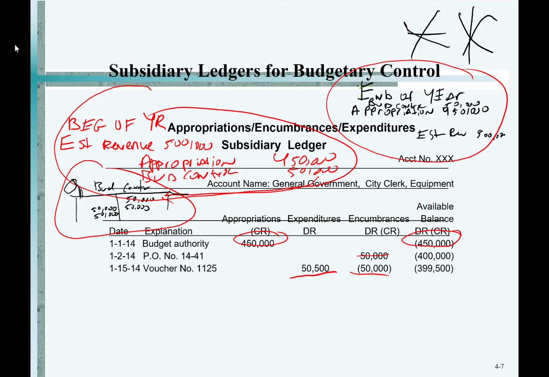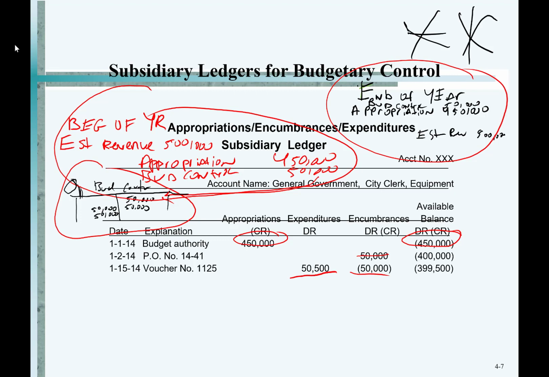And remember when we set up the journal entry at the beginning of the year, we debited estimated revenue for $500,000, credited the appropriation for $450,000, credited the budgetary control for $50,000. I'm just showing you that entry again. We already showed you that one earlier, the beginning of the year entry. Okay, and then what? We put that credit into the appropriation,